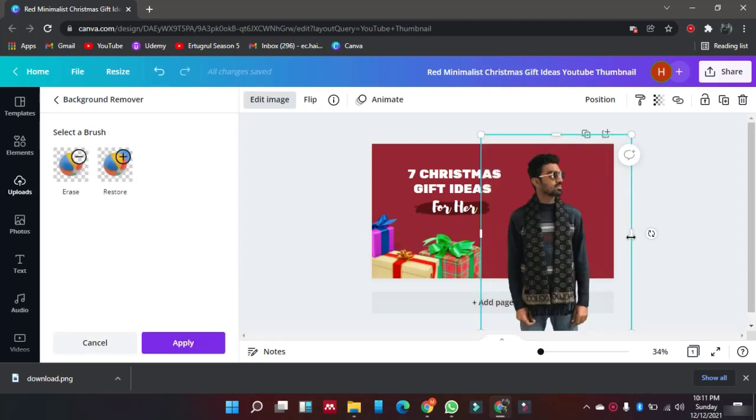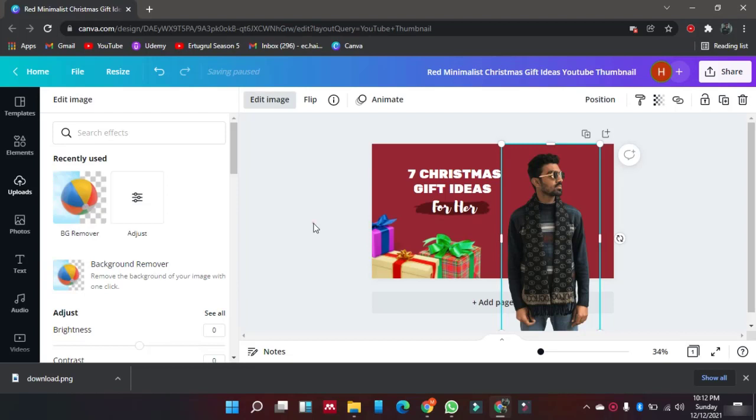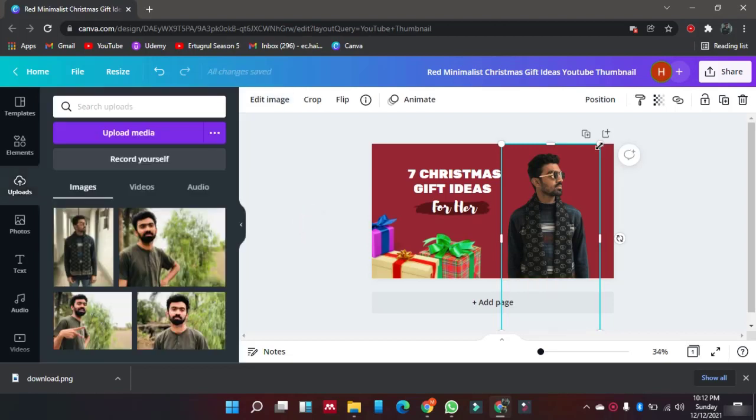Okay, the background is removed. I can just crop it with these marks. These are for cropping the picture. I'll click on apply and click right here. I can scale this up